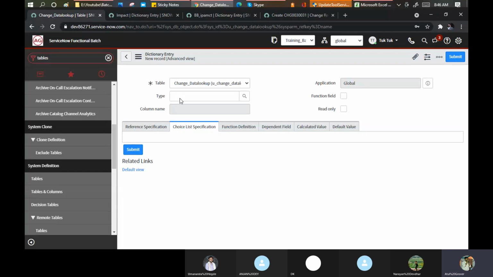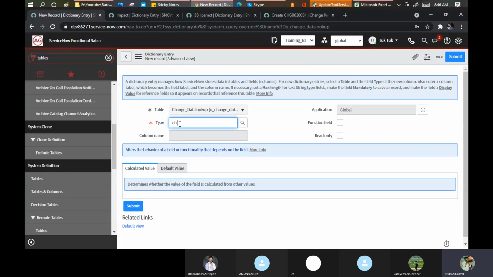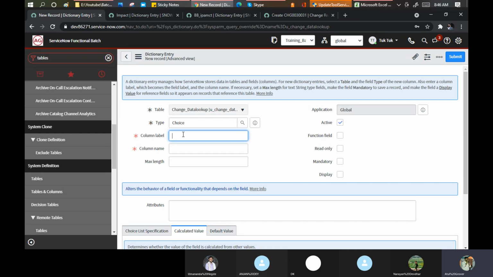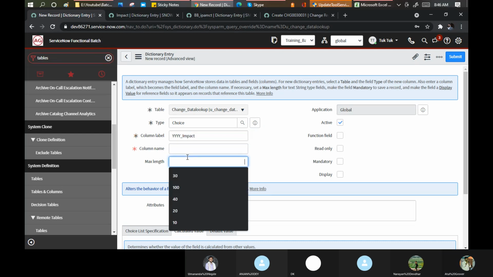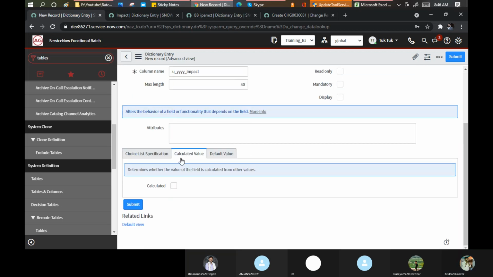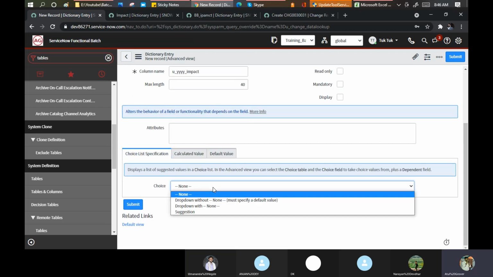It is my choice type, because for the incident they have something in the background which is running. Standard. Okay, now go to the choice specification.